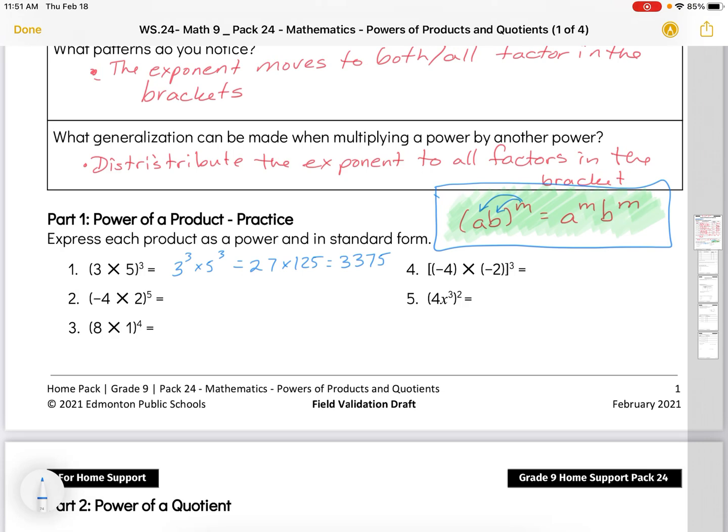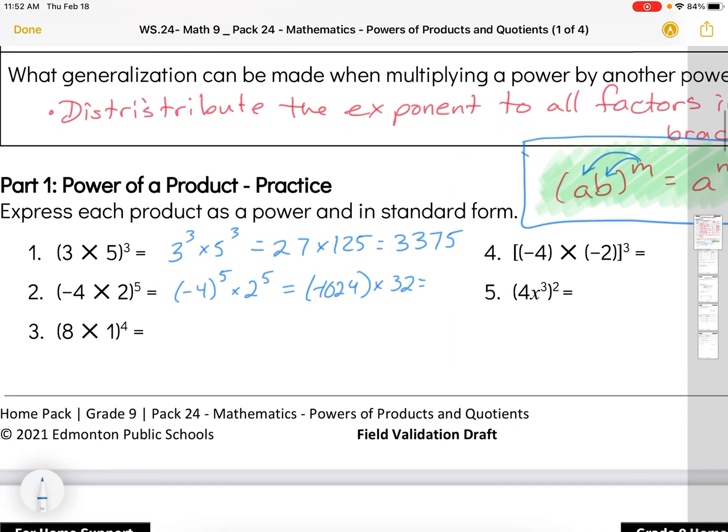So let's look at this next one. Now we have a -4 there. Because it's in a bracket, we have to put a -4 in a bracket for our base. So it's -4 to the 5 times 2 to the 5. So the -4 to the 5 would be, let's see, oh, wrong calculator. -4 to the 5, it's going to be a negative number, so it'll be -1024 times 2 to the 5, I believe, is 32, which is equal to negative 32,768. Okay,